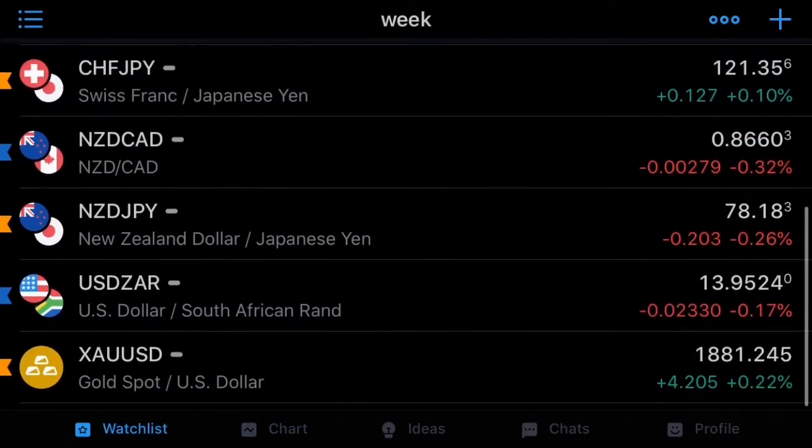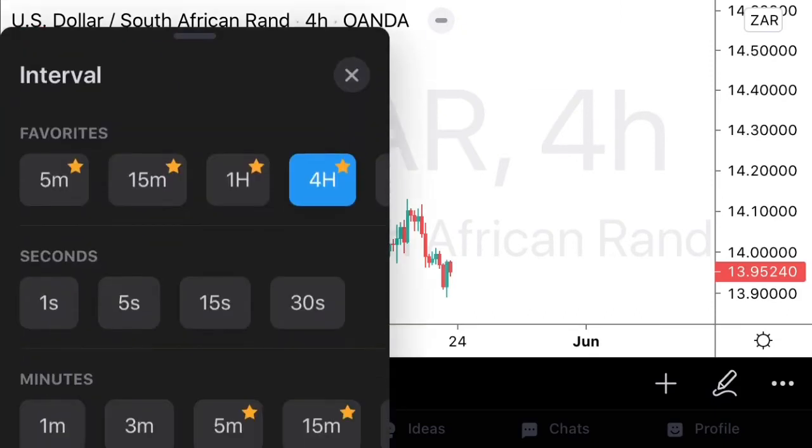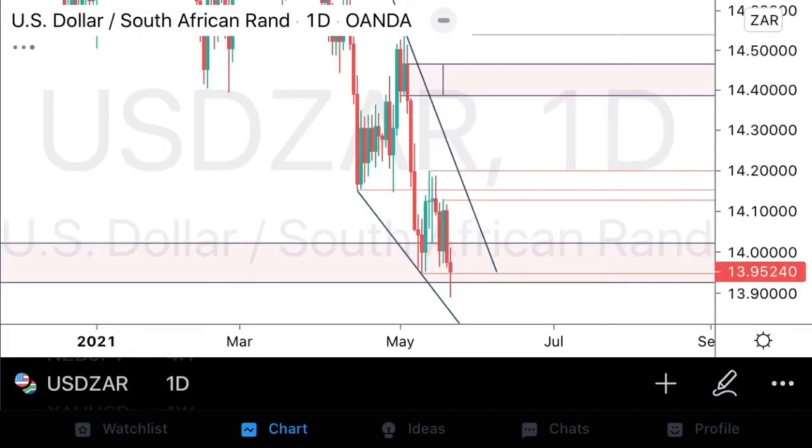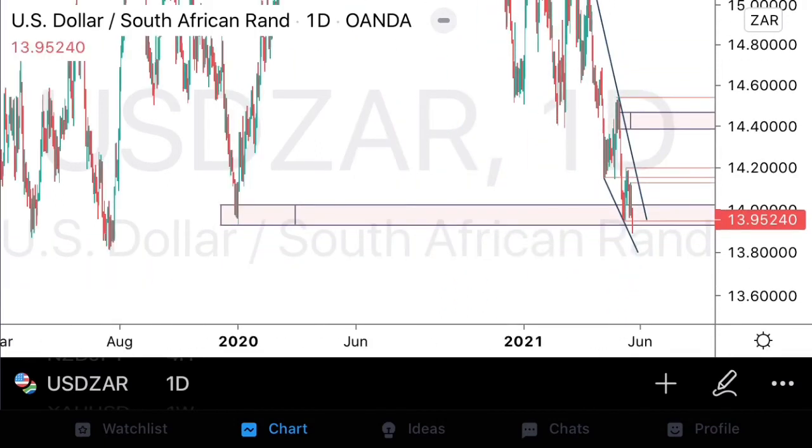Let's go on to the last pair that we're going to have a look at, and that's USDZAR. Now on USDZAR, guys, I remember mentioning to you at the beginning that we're going to go over the cash flow of your Forex business. Now, I know that I am in South Africa, and this can apply to anyone regardless of where you are within the world, because you have a